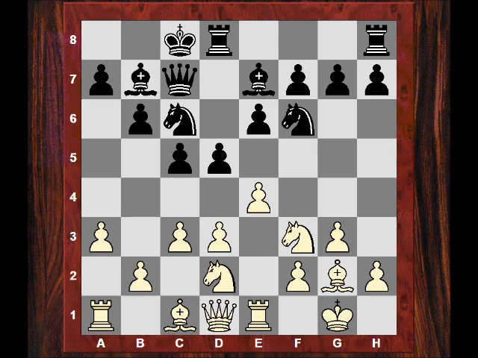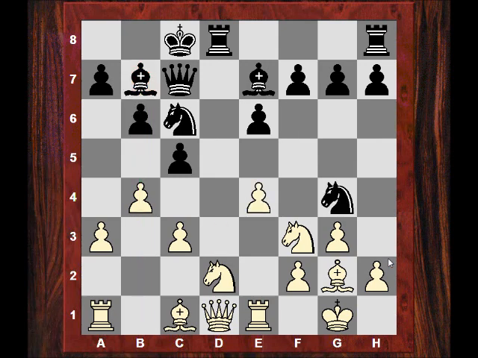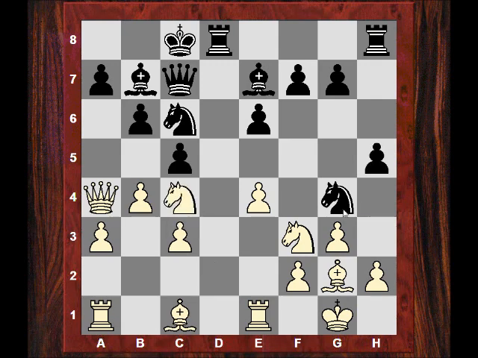Although Black's seemingly aggressive idea here is something I would use, this a3 and b4 is a good antidote maybe to try and break open the b-file and exploit the bishop. So this is completely away from mainline opening theory, just playing g3, letting Black have aggressive intentions. And we see here Black again has aggressive intentions. It's going to play the fishing pole neat little trick here.